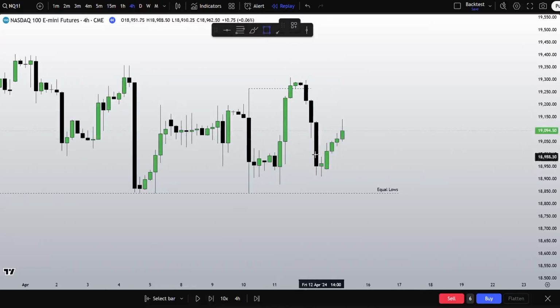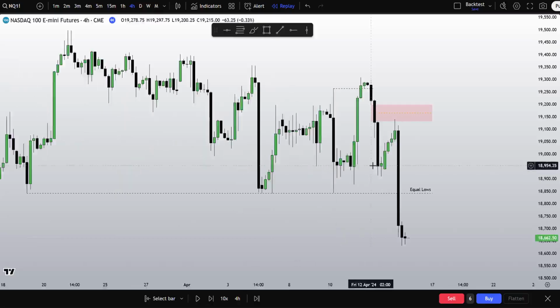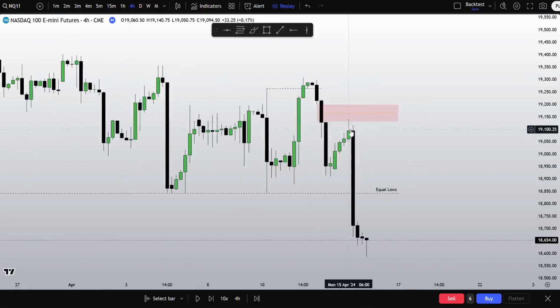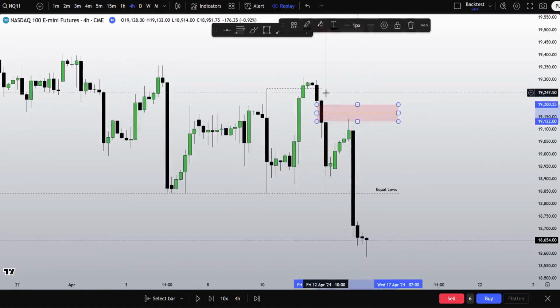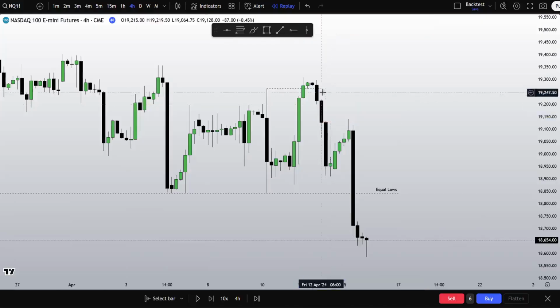This fair value gap gets disrespected. So again, still alive here. Hold on, let me just mark this out. Still alive here. We have this fair value gap still maintained. I want to see us head lower to the equal lows, and we get that right away. Equal lows with a straight move down Monday 10 a.m. Very, very convincing move to those equal lows.